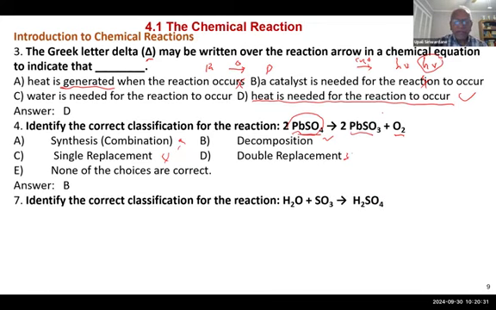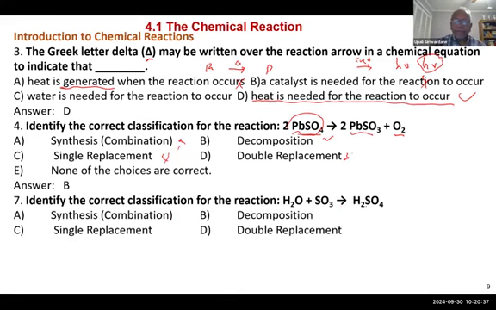Identify the correct classification of the reaction. What could this be? Could you think about it, based on what I said here? It's the opposite of that. Simpler compounds, water and sulfur trioxide, go to sulfuric acid. That's a synthesis reaction, coming together. It's not decomposition. It's not single replacement or double replacement. Therefore, the answer is